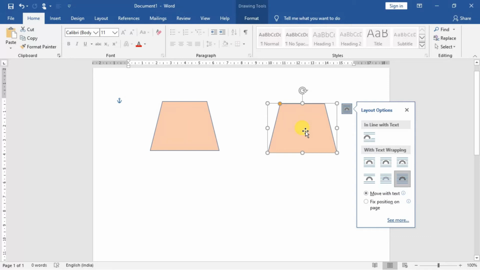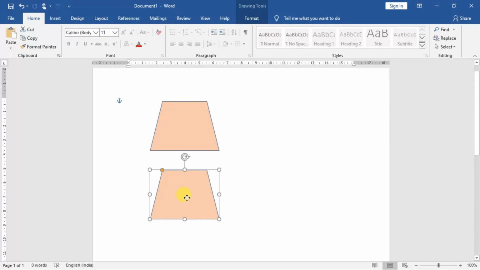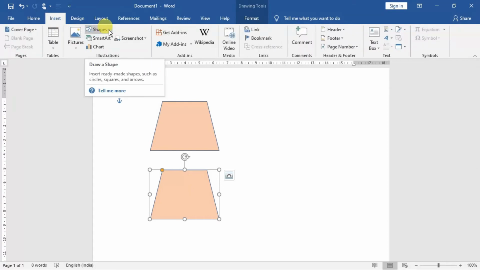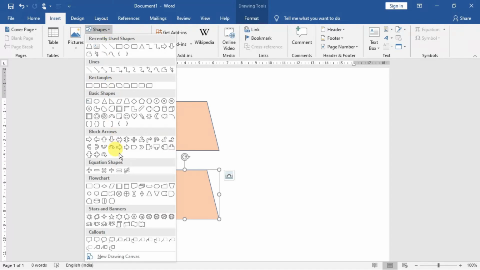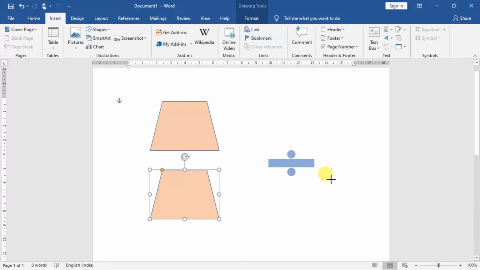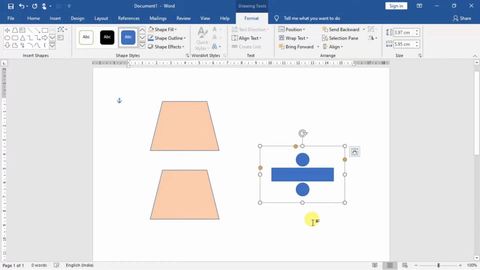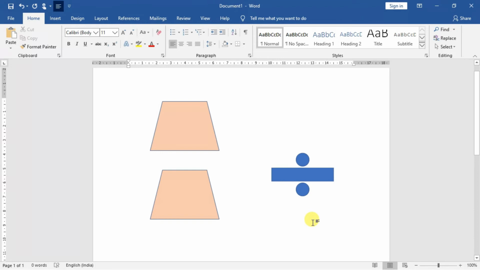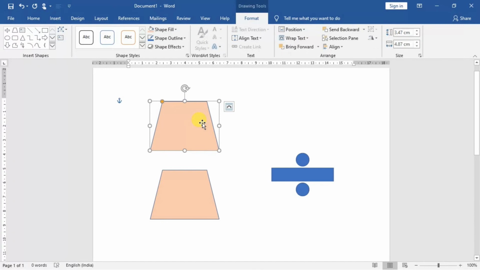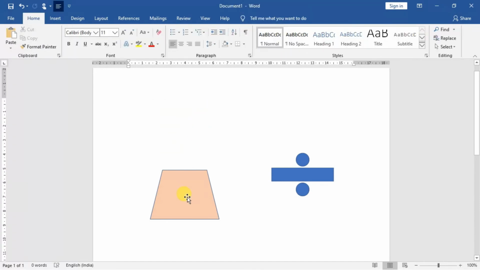All right. Now you can place it anywhere you like by simply clicking and dragging. There are different shape styles available that can be seen when you click on Insert and go under the Shapes options. There are a lot of different shapes available. These are the equation shapes. Suppose you want to insert an equation shape, you can insert it like this. Sometimes we see banners. I'm deleting this one by simply clicking on it.